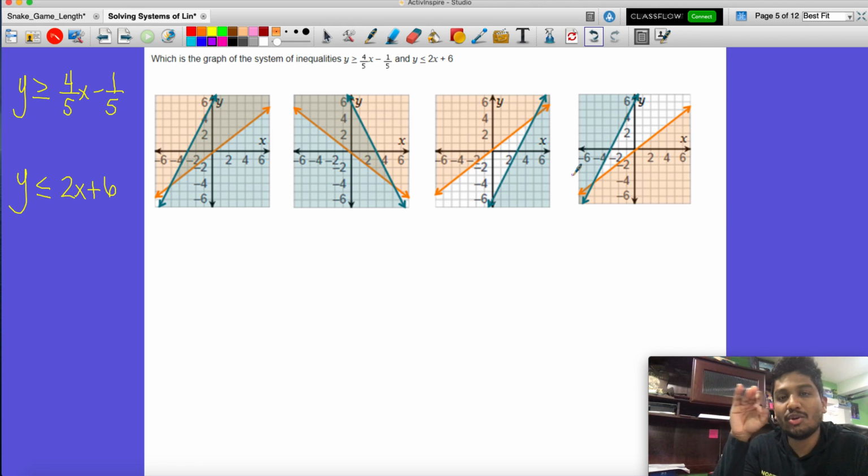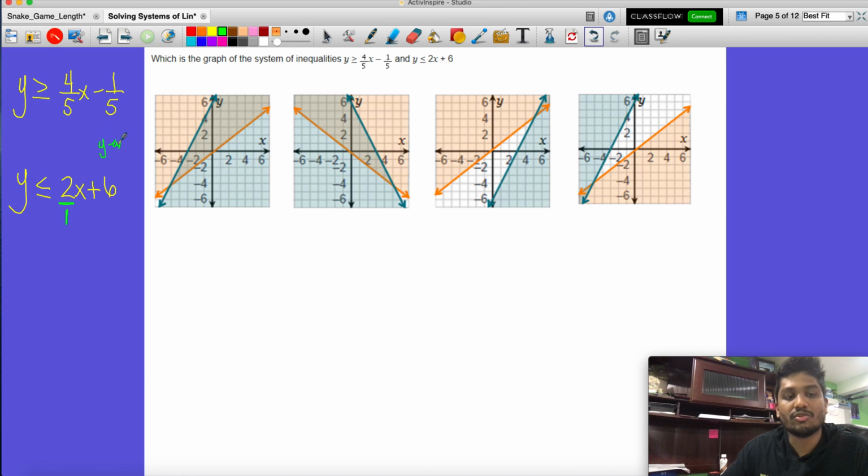Which inequality actually looks simpler? And you know, when it comes to slopes, you definitely want a fraction for a slope. But this has a fraction and we can really make this a fraction. You remember how to do that? We could just take this and put this over 1. Now it's a fraction, right? Easy. This actually tells us where to start. So on the y-axis, is it easier to start